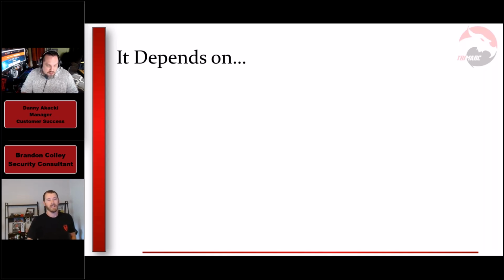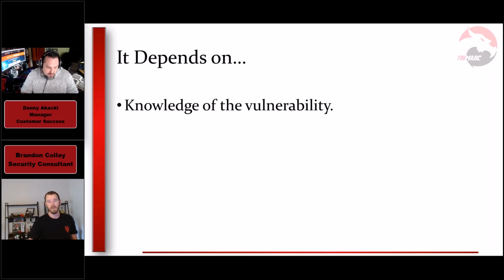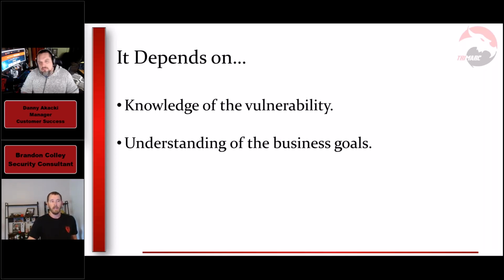And so, I mean, it depends, and I'm going to kind of flip this around just a little bit, because ultimately it really does depend on the assessors or the company's knowledge of the vulnerability, how it exists, what it is, and also the client's ability to understand that vulnerability. The client's going to understand a little bit better about their business goals, but it's also the job of the assessment company to have an understanding of those business goals so we can find out where they meet. And that's important because there's options.